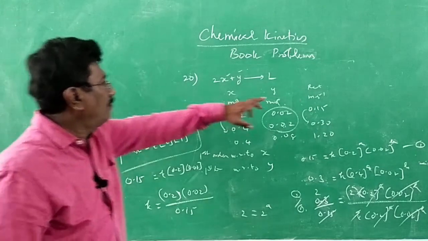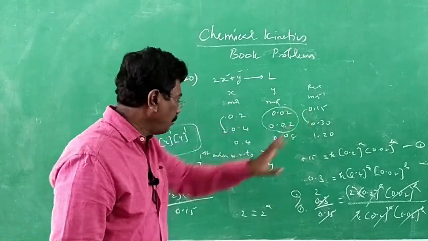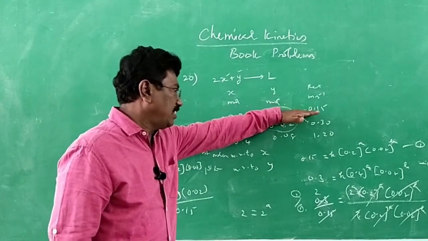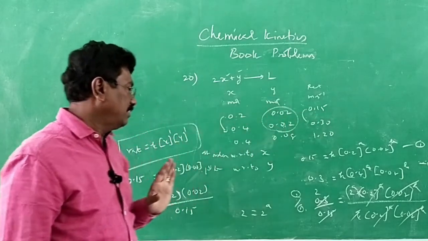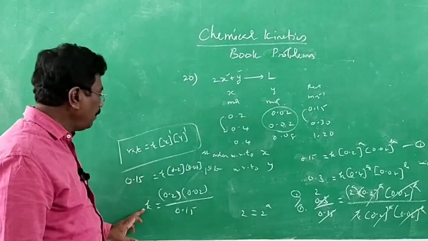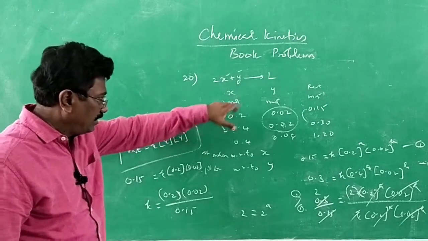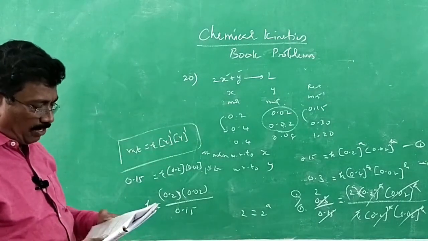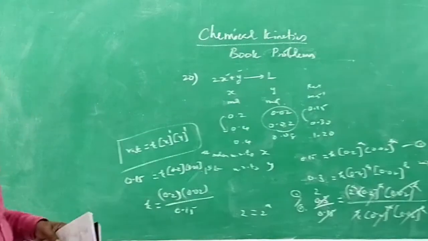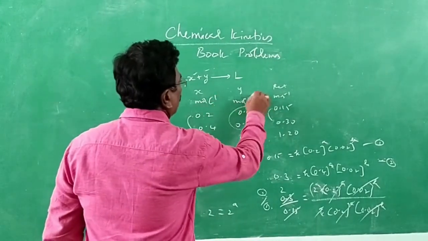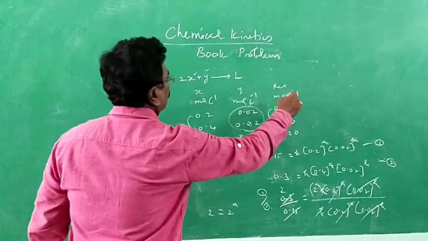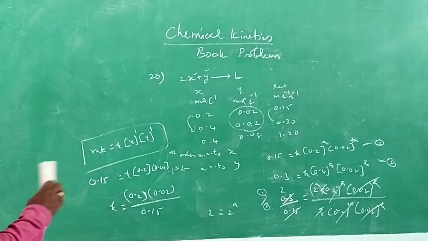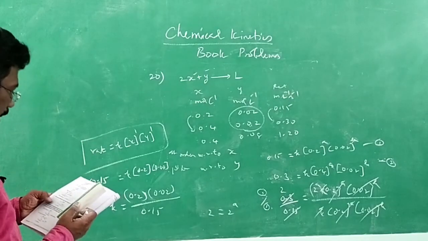So rates are given for different concentrations. For each concentration, if you substitute, you will be getting the same rate constant. 3 rate constants we can get using first rate, second rate, third rate at different concentrations. So K is equal to first concentration into this concentration divided by rate. You will be getting a repeated value for all the 3, which is found to be mole per liter per second. Actually it should be mole per liter, mole per liter, mole per liter per second. That may be the correct way of saying. I think you understood.